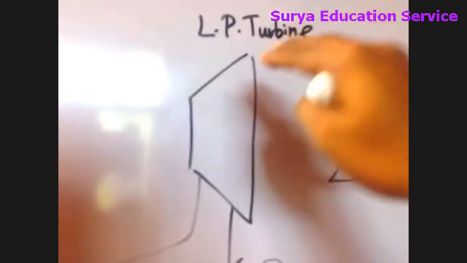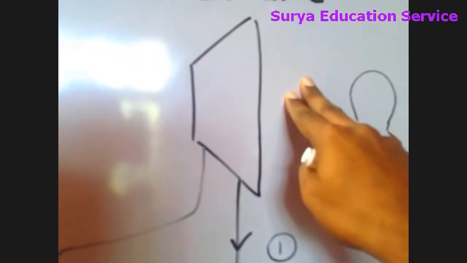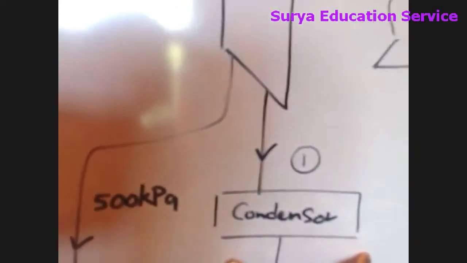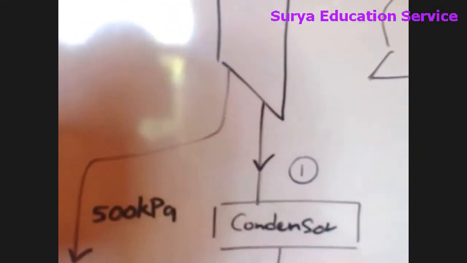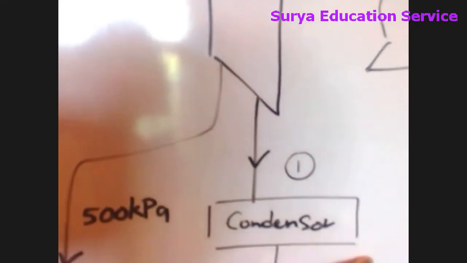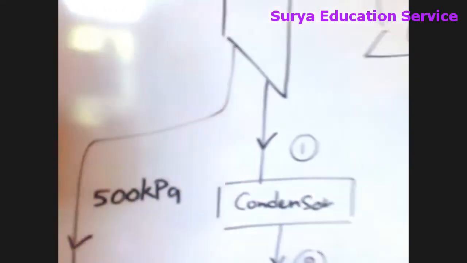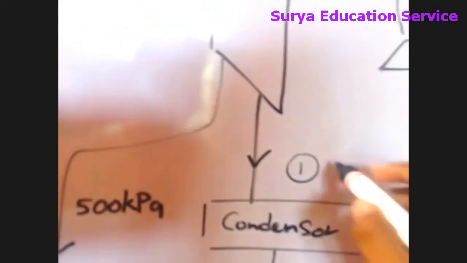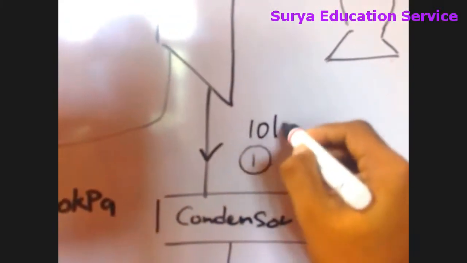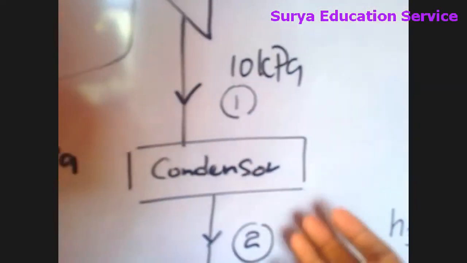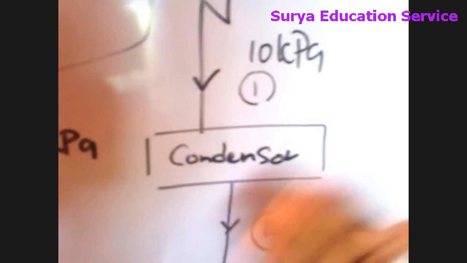So now guys, here we have the turbine, right? After the turbine, usually we are going to condense that, because after that we have the condensation process. For that we are going to use a condenser. So the condensation process starts at the end of the turbine process. Now just imagine the turbine process ends at 10 kPa. So then we are going to send that to the condenser. Condensation means we are going to get liquid water.